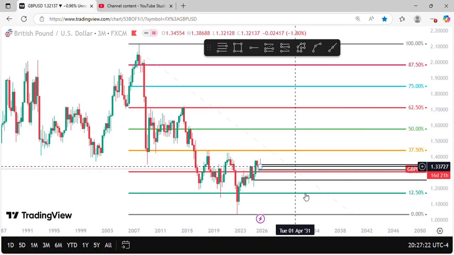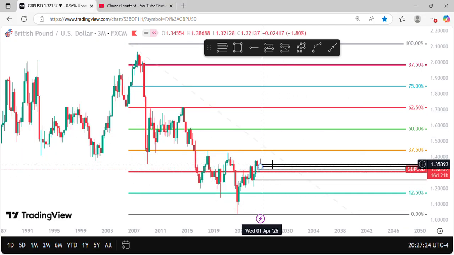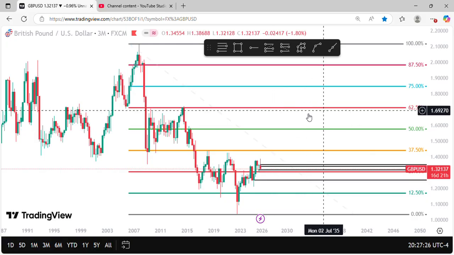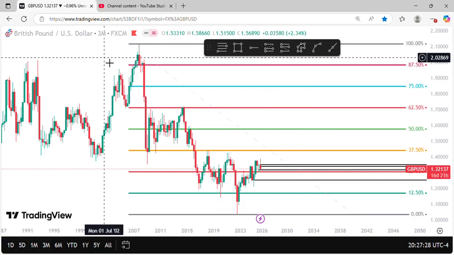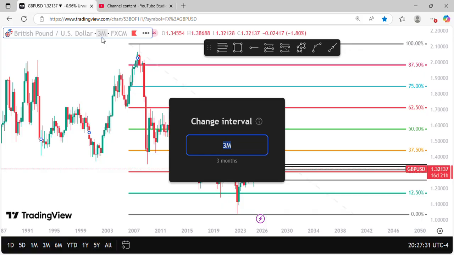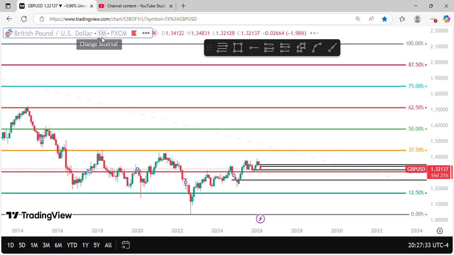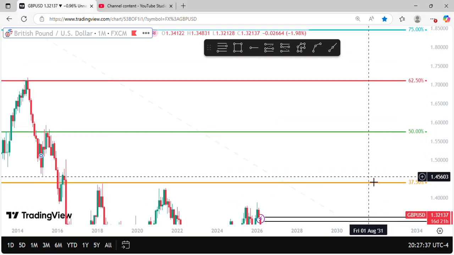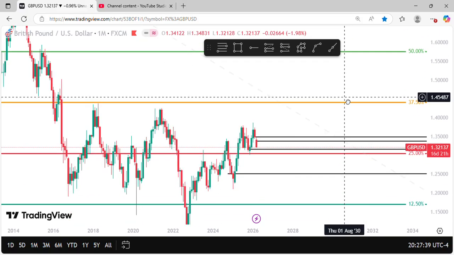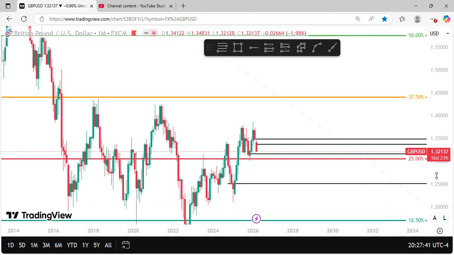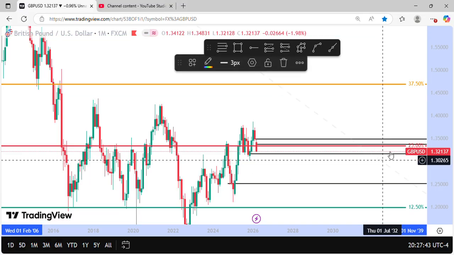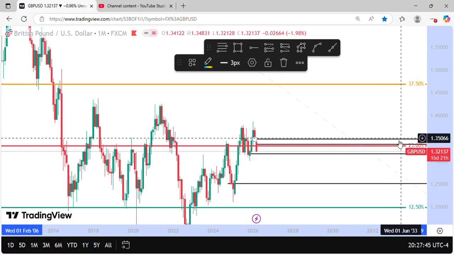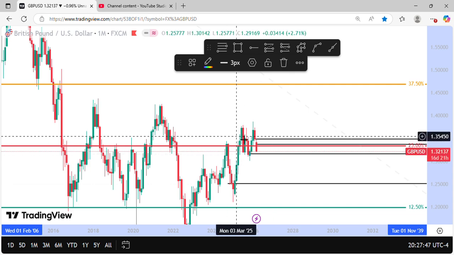And so with the dollar index moving up, we want to see the British pound move down. As we can see from here, it's moving down, and the only thing we are going to do is look at confluences within these two levels, the 37.5 and the 50,